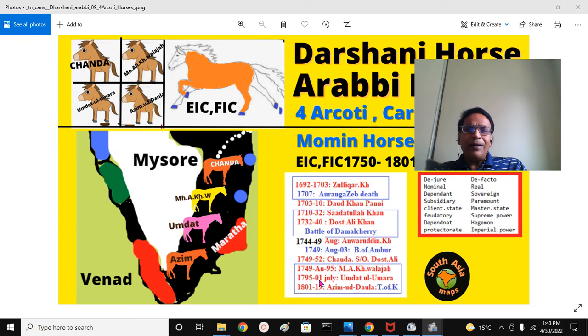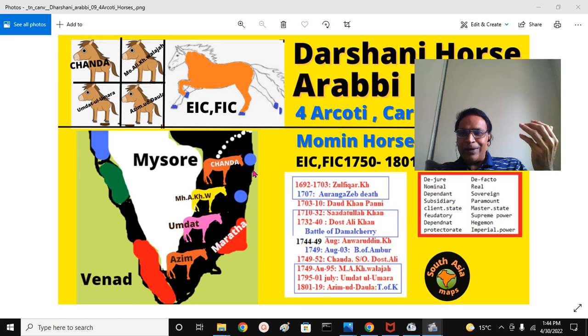He passed away in 95 and was succeeded by Umdat-ul-Umara, and with reduced power when he passed away, the British presented a treaty to his son Umdat's son Tajul Islam that he has to give all the political, military, judicial powers of the kingdom and take 20% of the revenue from Khazana, which Tajul Islam, son of Umdat, refused, but Umdat's nephew, Azim ud-Dawla, who is the grandson of Muhammad Ali Khan Wallajah, accepted and signed the Treaty of Carnatic in 1801, and the kingdom formally passed into the control of East India Company Bahadur,